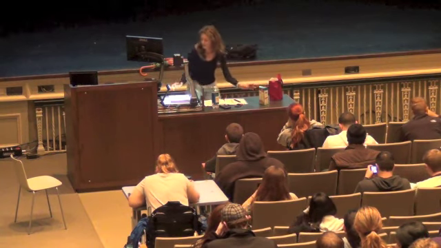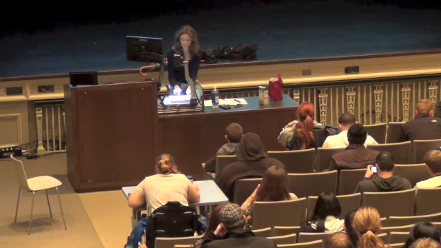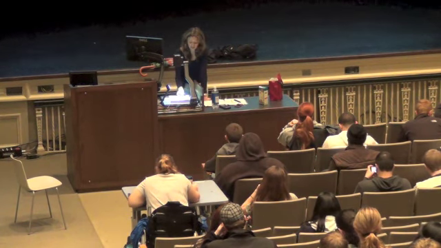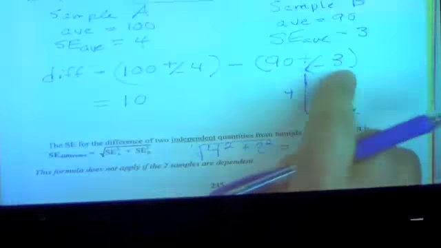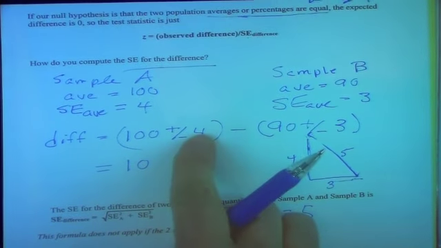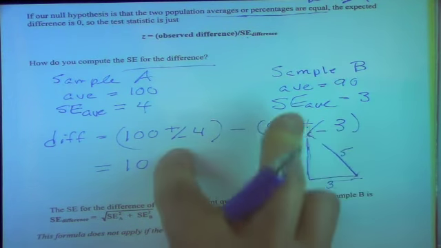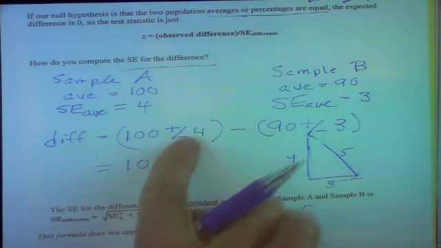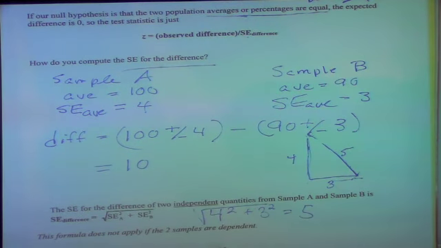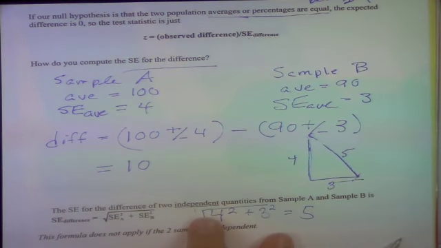Okay. Now, if the samples are dependent, it doesn't apply. What does that mean? That means that if I sampled a -4 from here, let's say, then that would affect what happened here. I'd say, oh, you got a negative here, then I'll give you a positive here. Like they'd be the opposite or something. Then in which case you'd get bigger standard errors. Or if I gave you the same sign, you'd get smaller. So whatever you draw from here doesn't affect this one. That means these formulas apply only if they're independent.